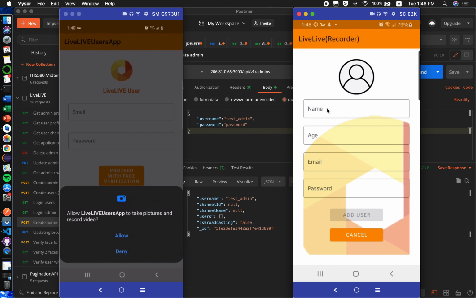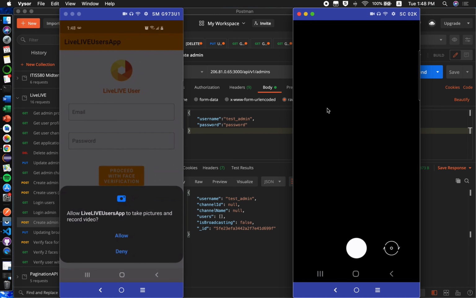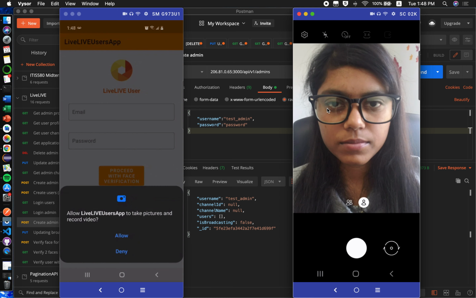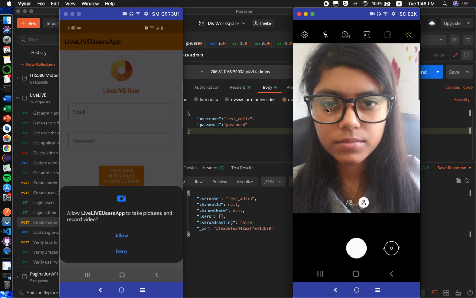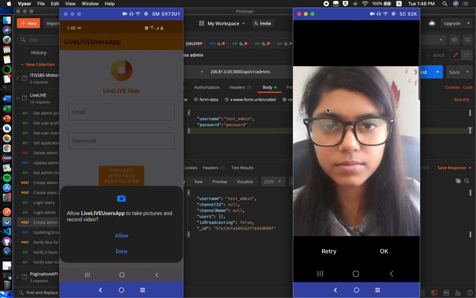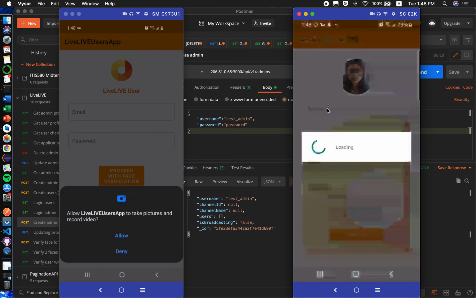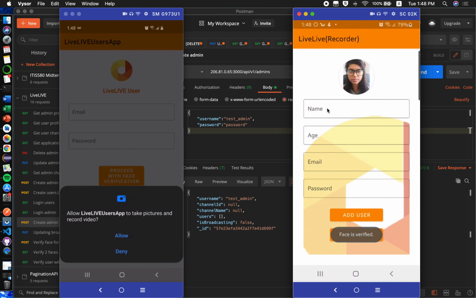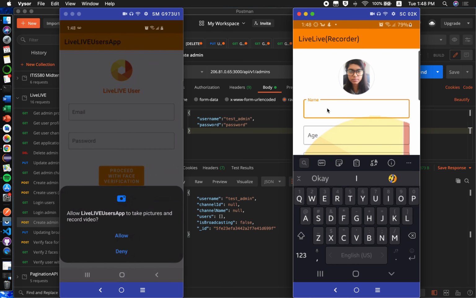So once this button is clicked, it will be asking for the name, age, email and password, and a face for face verification in the users application. So let me go ahead. For face verification, I have added my picture over here, and then let me add a new user. Let's say